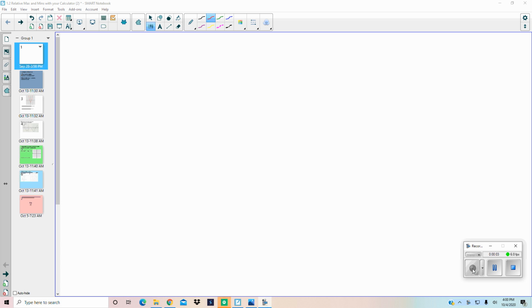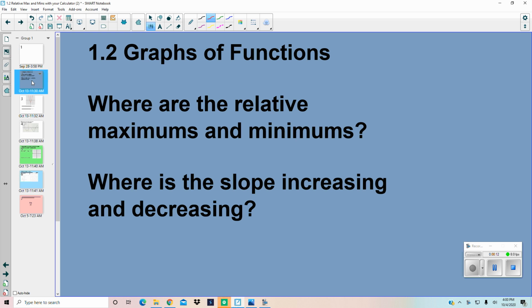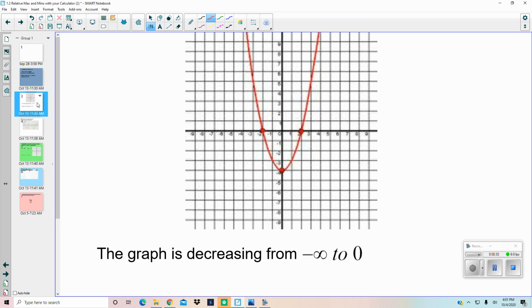All right, so one assignment this week is using your graphing calculator or Delta Math to find max and mins. There's critical points on every graph, and relative max and mins are critical points. Y-intercepts and x-intercepts or solutions are critical points, and then figuring out where the slope is increasing and decreasing is also critical. So if I look at this graph, you can see that the graph is decreasing from negative infinity